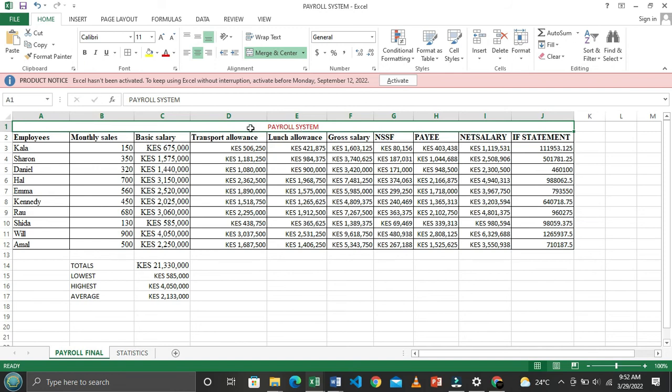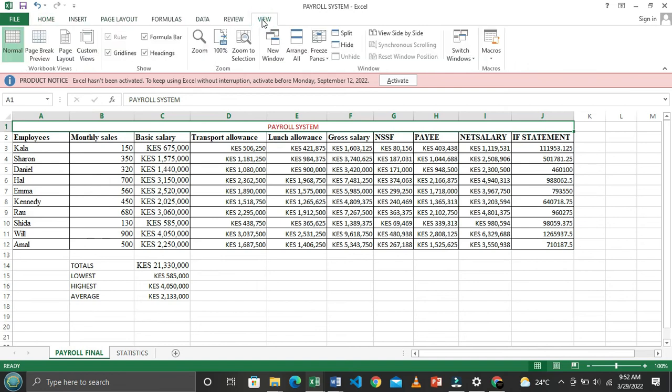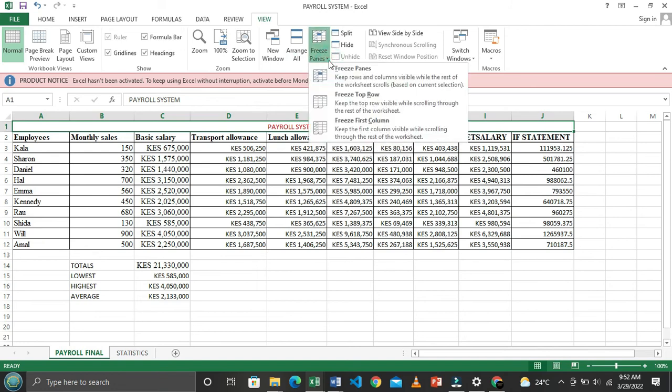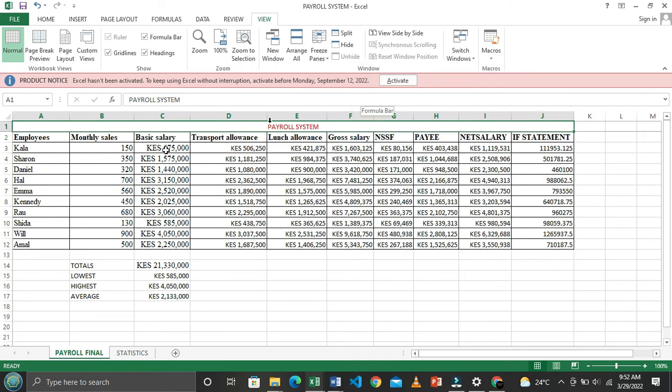So let me zoom out. Click in this cell that has the payroll system, the title. Go to view, get your arrow pointer, go to view, then go to the window section. You will see we have freeze panes here. Click the drop down arrow. Then they're telling us freeze the top row. Okay, freeze the top row. When I click that,